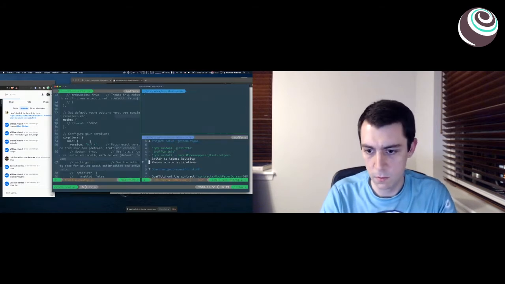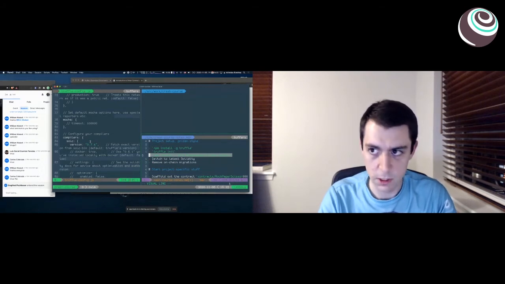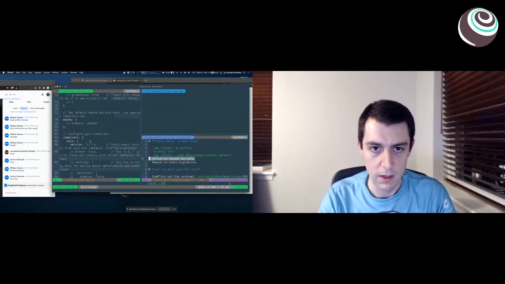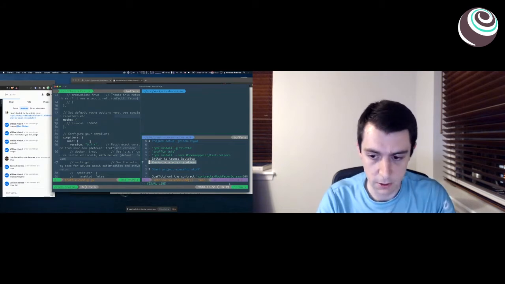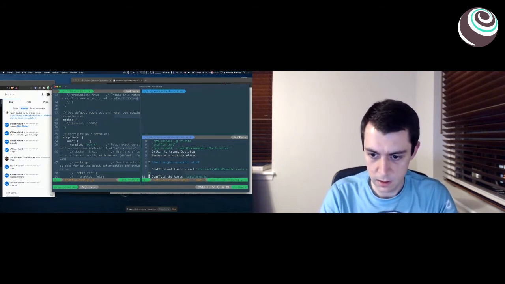But here we are. What have I done? I installed Truffle. I did a truffle init. I installed the test helpers because we're going to use them. I switched to the latest Solidity, and I got rid of extra cruft. What next? Well,